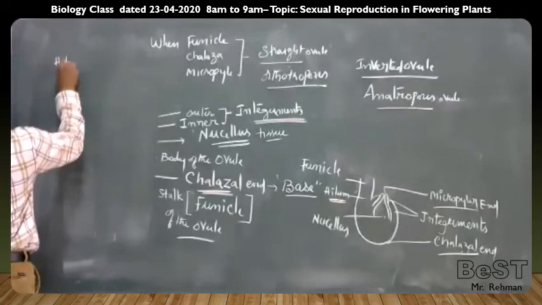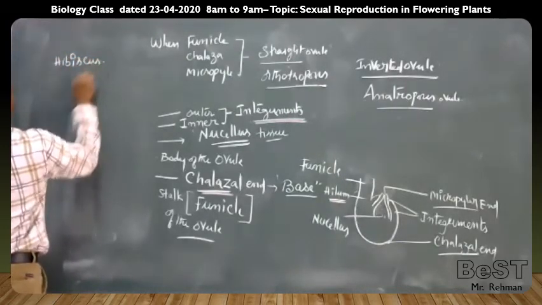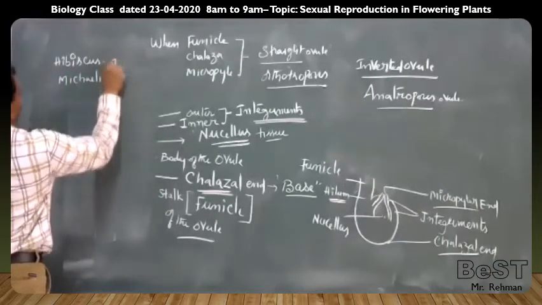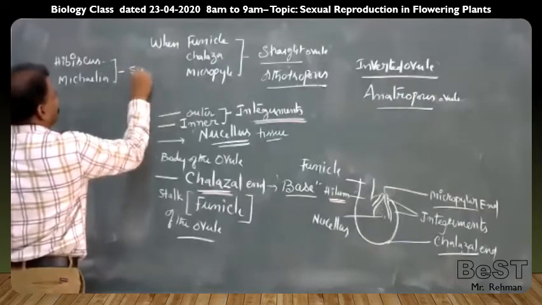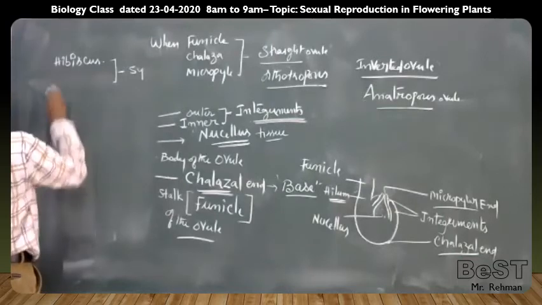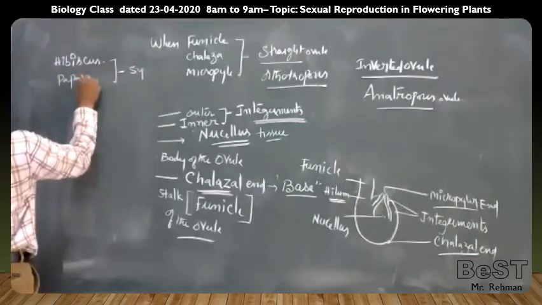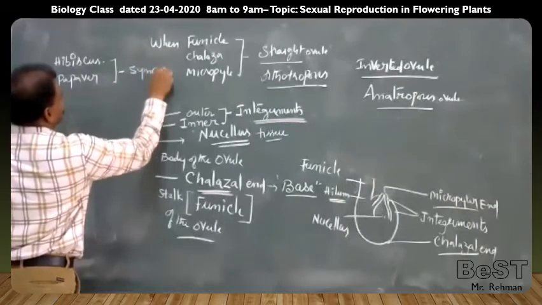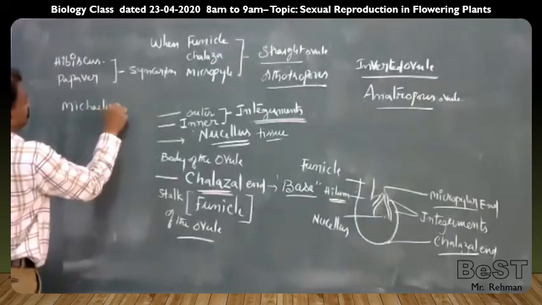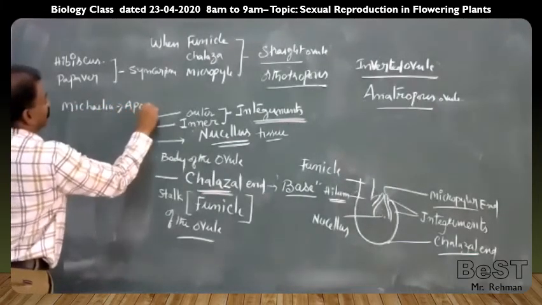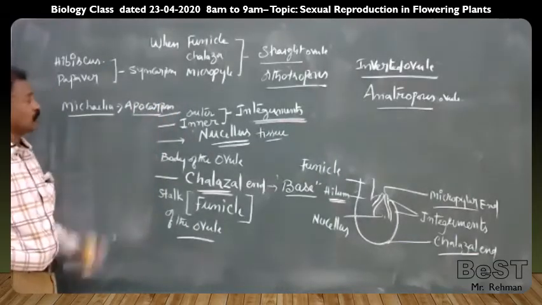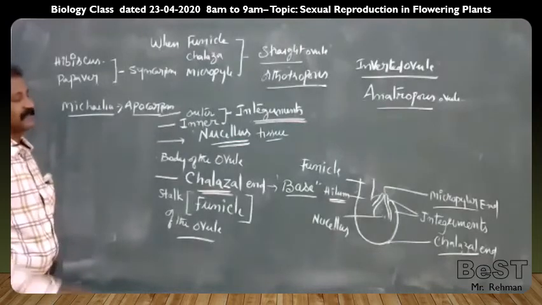In hibiscus, in Michelia, in these 2 plants, syncarpous? In hibiscus and papaver, not Michelia, papaver, syncarpous gynoecium. In Michelia, apocarpous. Nymphaea, Nelumbo, lotus, all these apocarpous condition, diagram oriented questions.